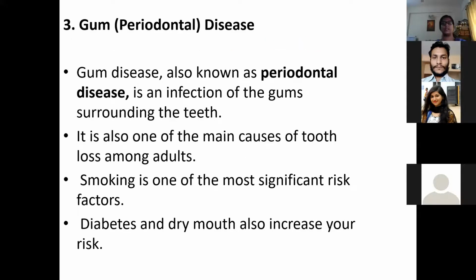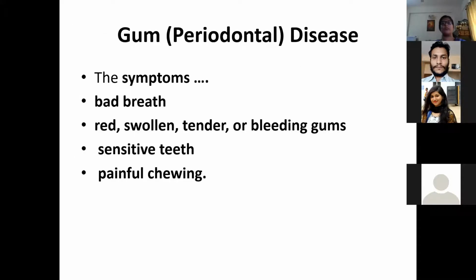Gum disease is also known as periodontal disease, which is an infection of the gums. It is also one of the main causes of tooth loss among adults. Smoking is one of the factors. Diabetes and dry mouth can also lead to gum disease. Symptoms of gum disease include bad breath, red, swollen, tender or bleeding gums, sensitive teeth,